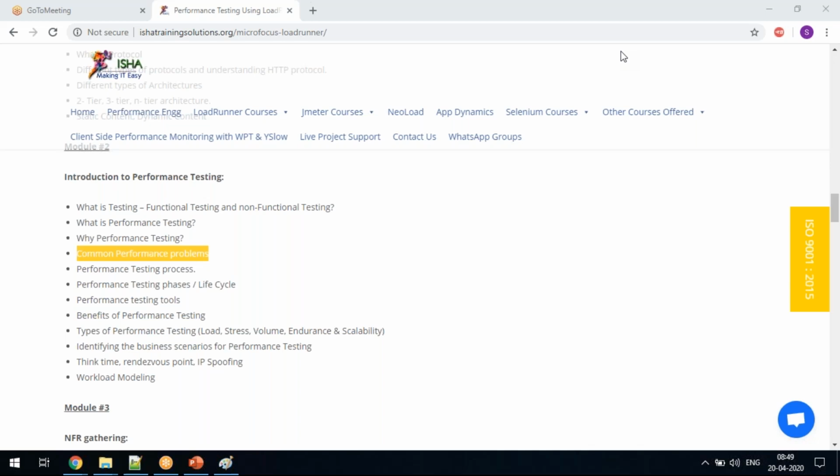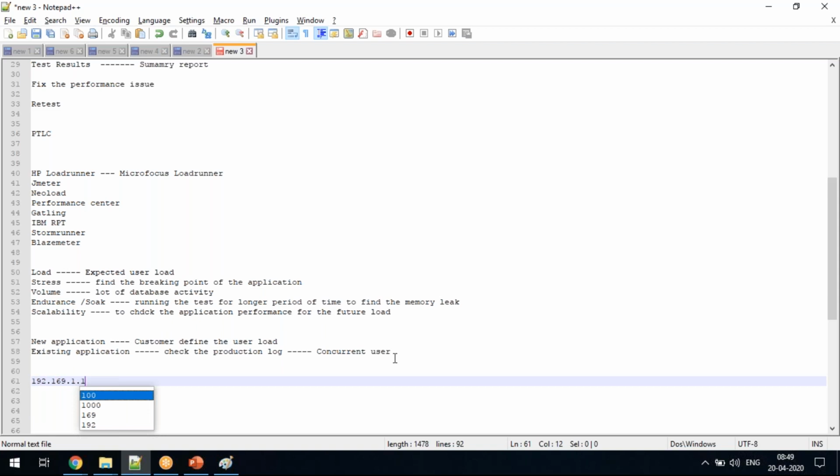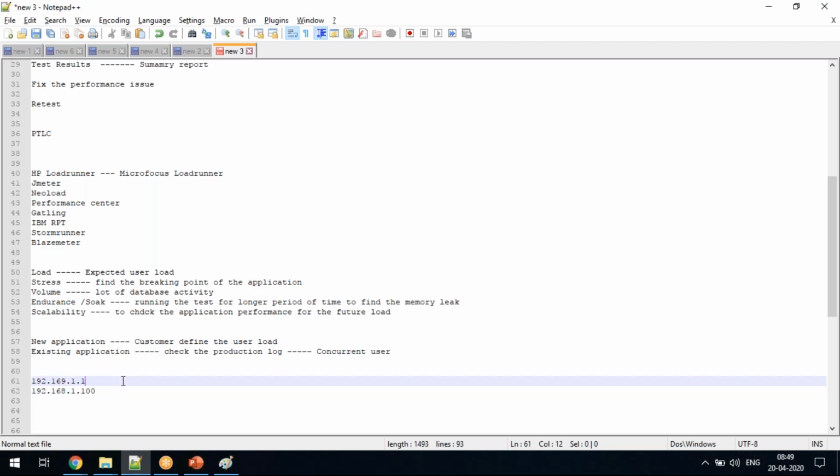But there is a concept called IP spoofing. It will keep on changing the IP address. If you give a series of IP addresses like this, 192.168.1.1 and the series ending at 192.168.1.100, which means between this series the IP address will keep on changing.